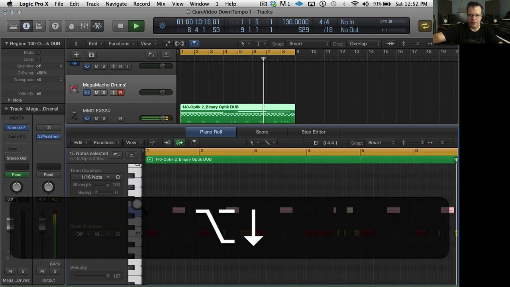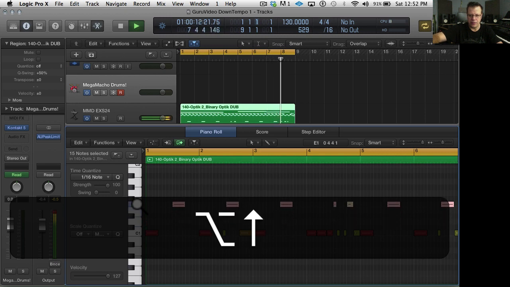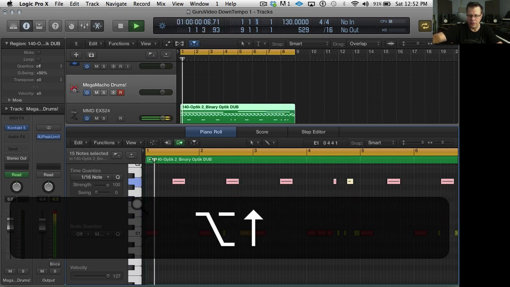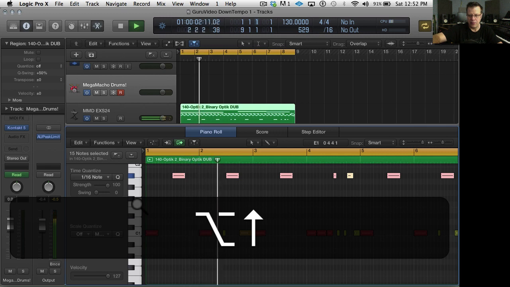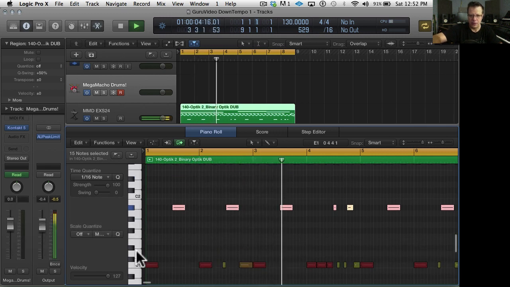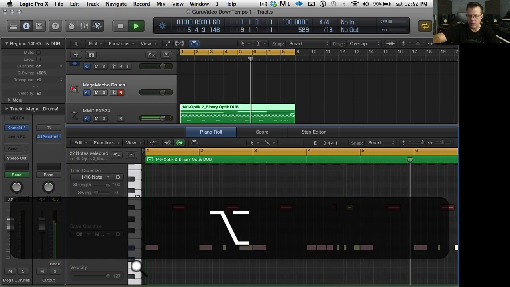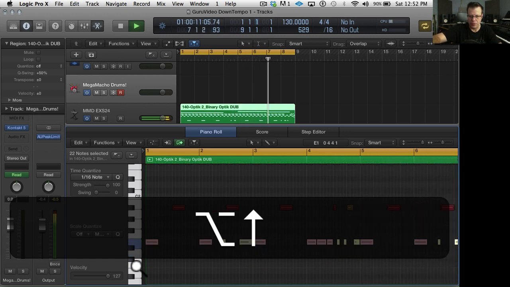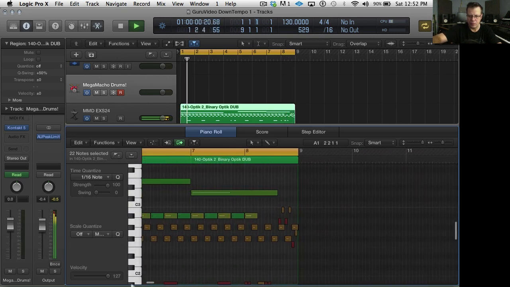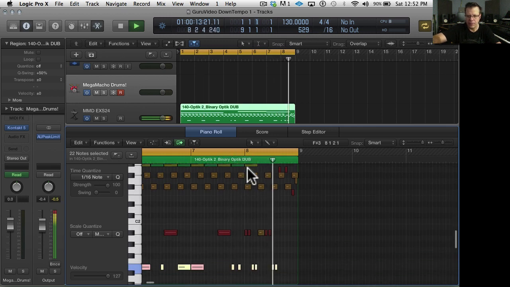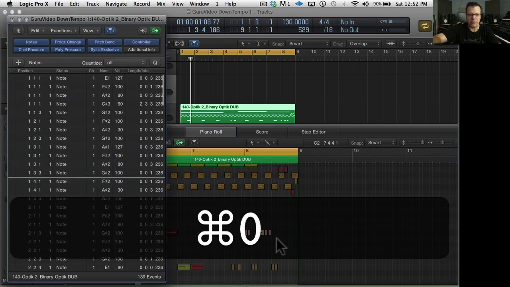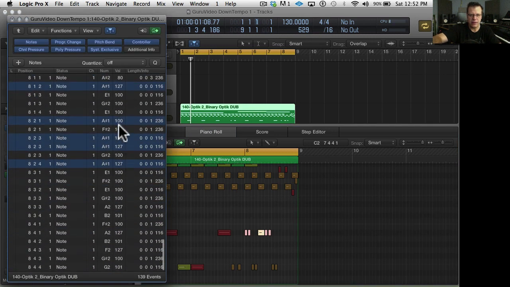Try a different note. These guys I want to be softer, so Command 0 for velocity.